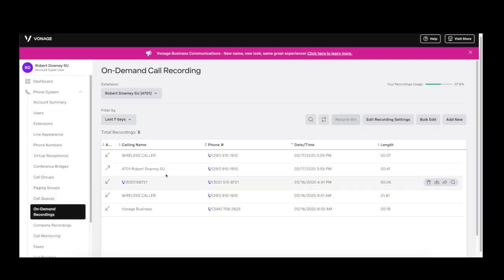On-demand recordings is a system that allows you to apply call recordings directly to an extension and give that end user call control of the recordings. This would be useful in a situation where you need to take credit card information or something of that nature that cannot be recorded. They can pause the recording while they collect the information and then resume the recording afterwards. Each user will get 15 hours of storage on our system at no additional cost, and they can download these, view them, and play them directly from the desktop app.